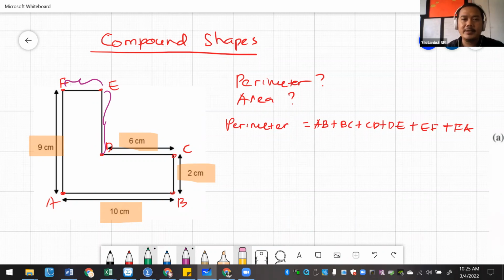Because actually, guys, the only thing that you need to see here is that all of the lines are vertical and horizontal, right? So the easiest way to do this is just,